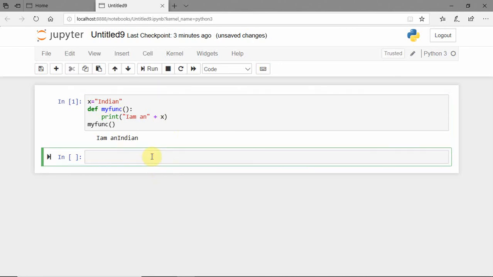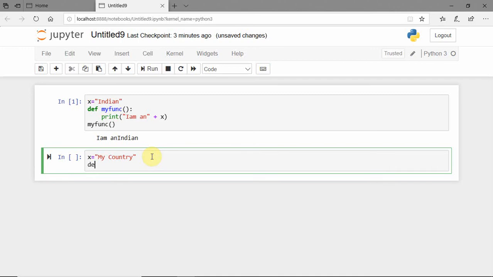Let me take one variable as my country. This is my global variable x because I am declaring that variable outside the function. Now my function definition.